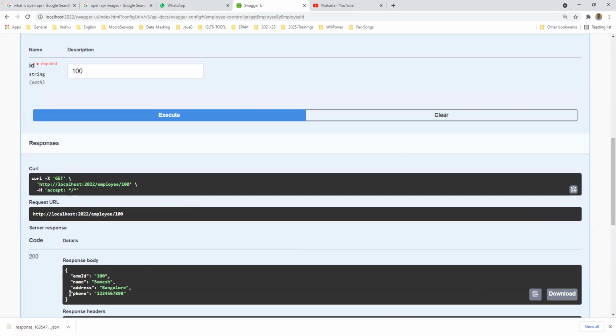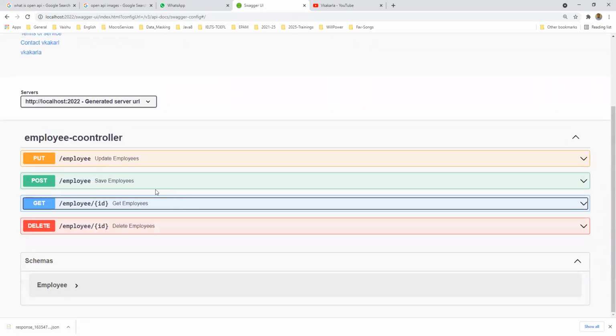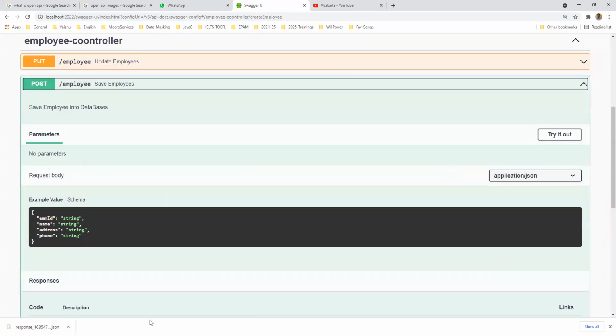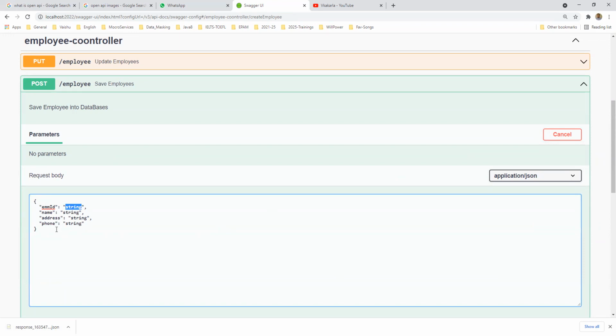So let me take these values and go to save employee. If you see here, save employee, try out. See, previously we needed to create this JSON manually, but it is giving it by default. So save employee. This is the description of this employee, and I'm giving employee ID as 1000 now.